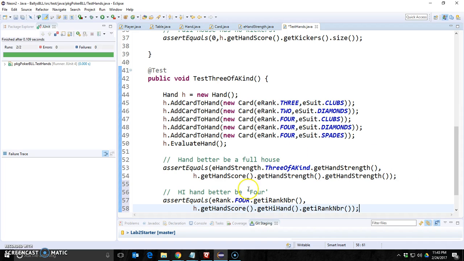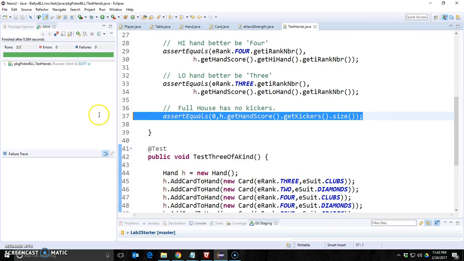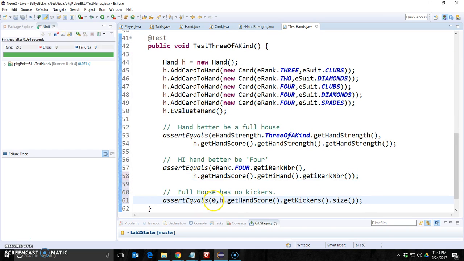I think. Still 4. Should be 4, because 4 is the three of a kind. Very good. The kickers should be 2. This is saying how big the kickers are. In full house it's 0. The kickers should be 2. Awesome. That's how you do it. You've got to do now tests for